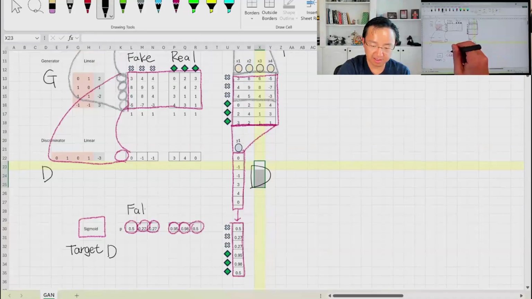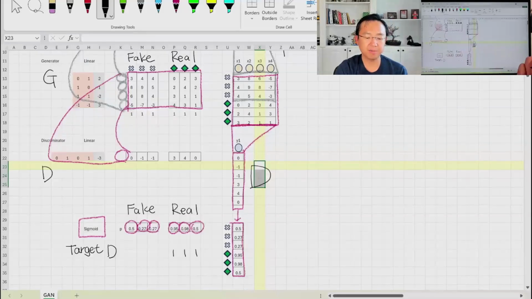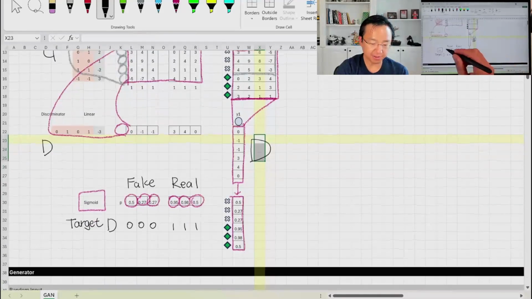And these are real. So for the discriminator, since I would like it to be really good at saying that real images are real, the target is going to be 1, 1, 1 for the real ones, but for fake, it's going to be 0, 0, 0. It's not possible, it's a 0 chance. The perfect discriminator will be able to say there's a 0 chance these are real images. That's why it's 0. However, for the generator,